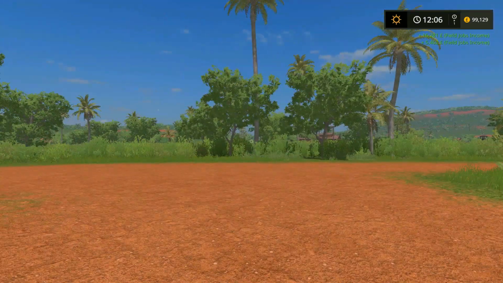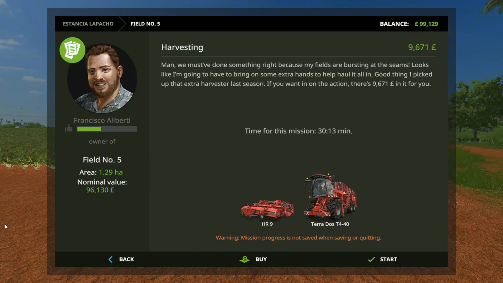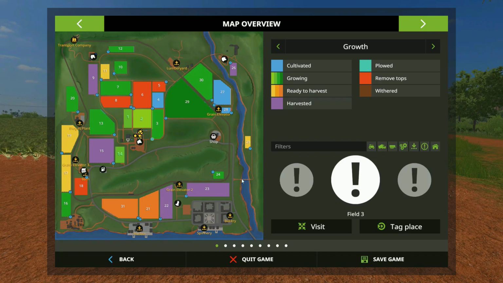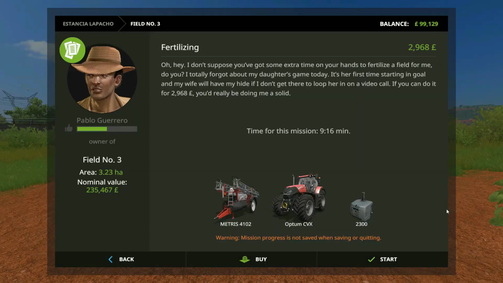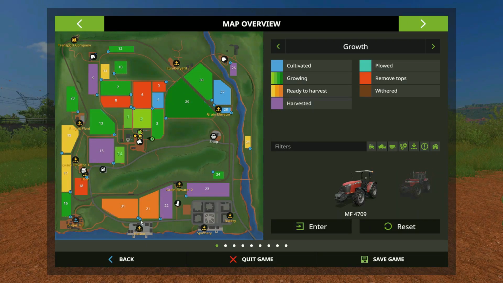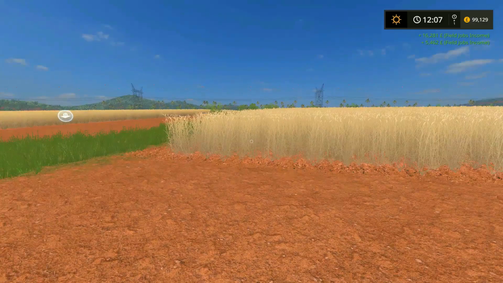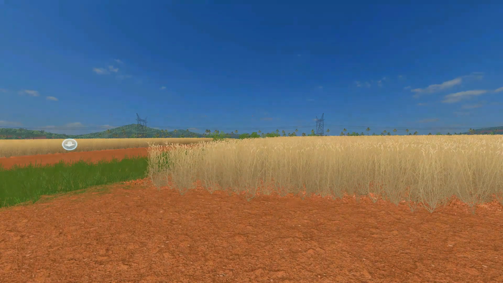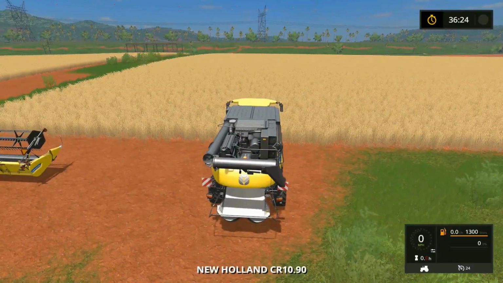Let's have a quick look. See how long this is going to take. Half hour for 10 grand. Oh, actually, is field 3 got anything for us to do? It has. Oh, right. Okay. No, we'll do a bit of combining quickly in 21, which is this field. And yes, I remember this field